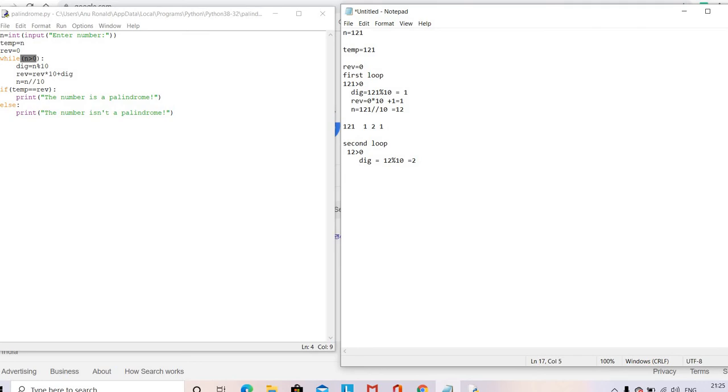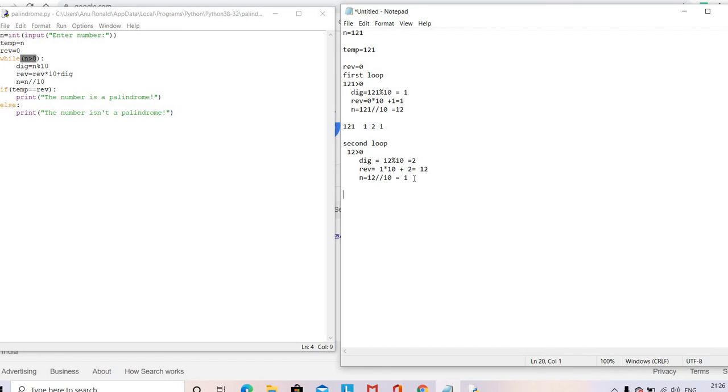Reverse equal to reverse star 10 plus digit. The value of reverse is 1 here, so 1 into 10 plus digit 2, so we got the value 12 here. Then n becomes n by 10. So 12 integer division by 10, you got the value 1 here. So after the second loop, the value of n equals 1.